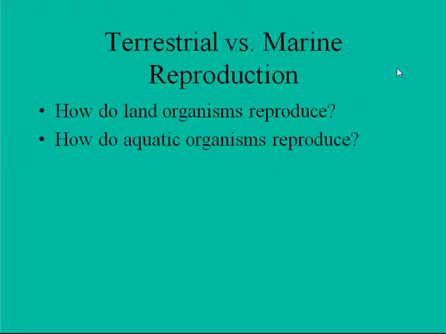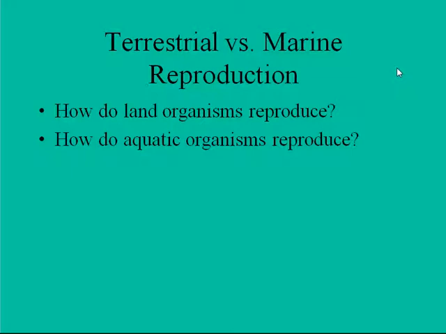Okay, so in terms of reproduction, terrestrial versus marine, how do land organisms reproduce? Well, they mostly reproduce like we do. Most land animals, most land organisms, reproduce sexually. Let's qualify that by saying those large organisms, because as we know, bacteria and viruses will outnumber us by